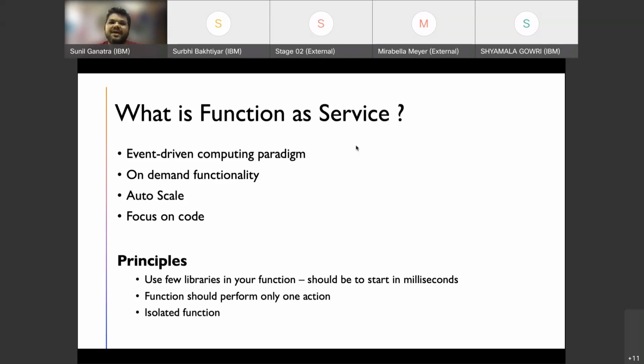You end up writing only a certain function to cater to certain events, instead of writing a lot of code or maintaining certain things. Google Cloud Functions, AWS Lambdas, and IBM Cloud Functions